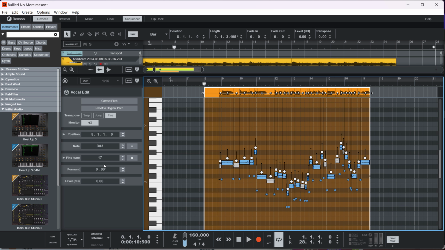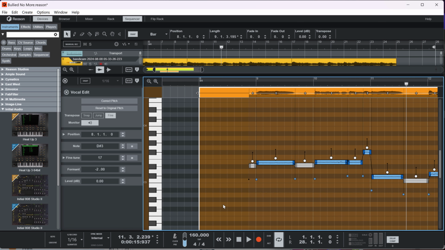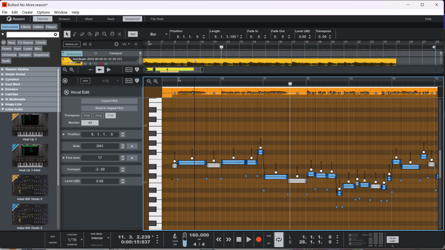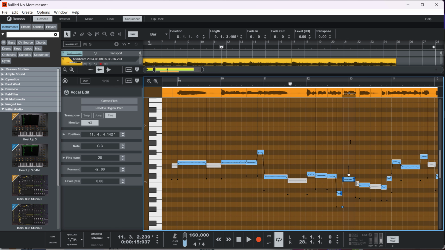Let's tighten it up a little bit, and then let's change the format to low. Too low. Yo, I don't wanna be bullied no more. I just wanna come up with the right way. And then we can go in there and see me, you know what I'm saying? Like, I'm a fanatic. I like to tighten stuff up, man. So I'll go in there. Hold on, listen. I just wanna come up with the right way. Right there. You see what I'm saying? Because it just sounds so much more cuter and natural, right?